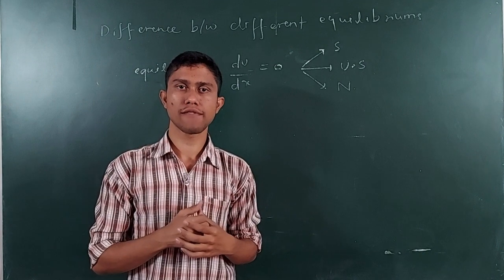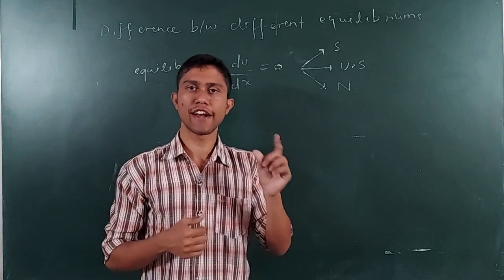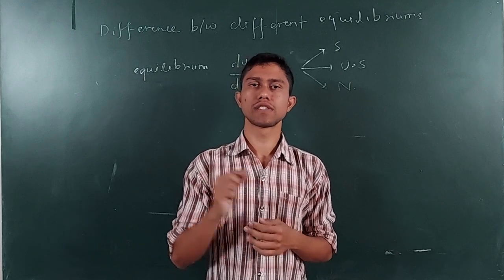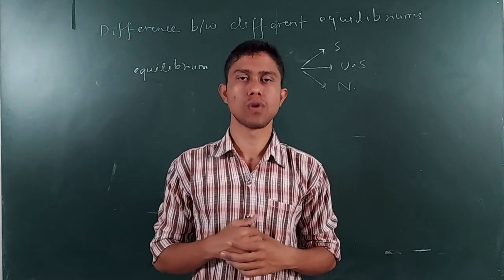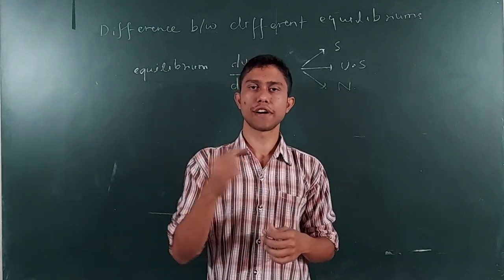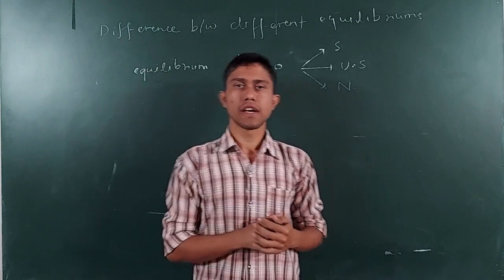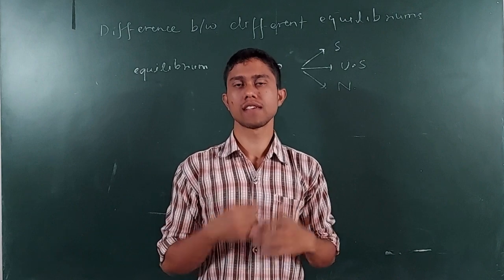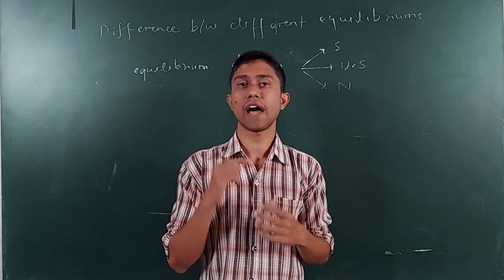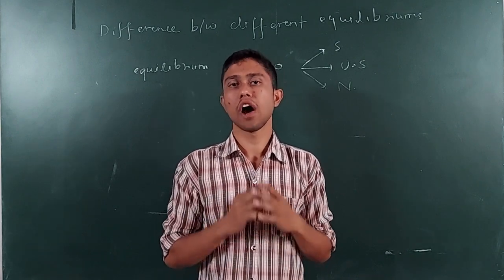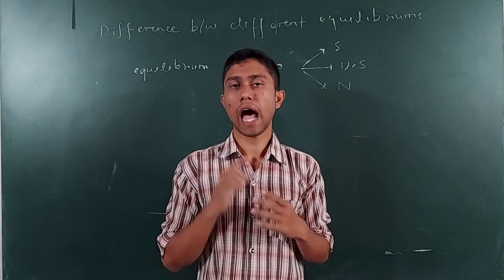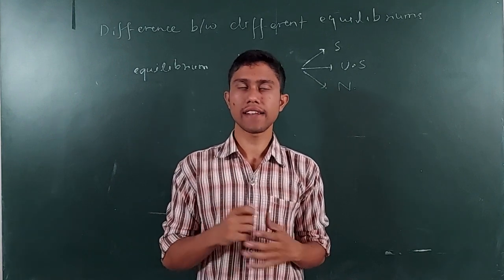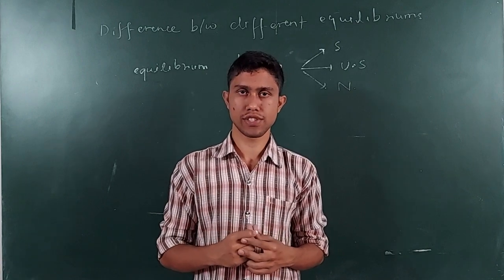Like suppose we have an identity card. We have an identity card number. That identity card number is different for all of us. That makes us different. Similarly, this thing du by dx is similar for all of them. This can't make them different. So if I want to distinguish them, I will have to find something which is different for all of them, and that thing is double differentiation.